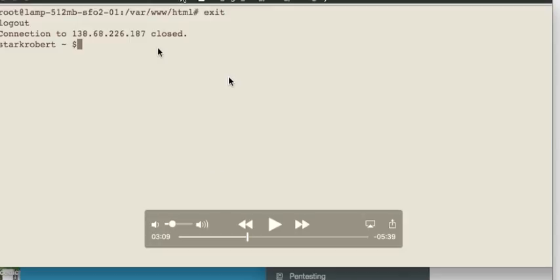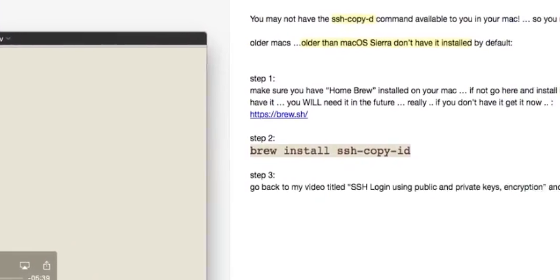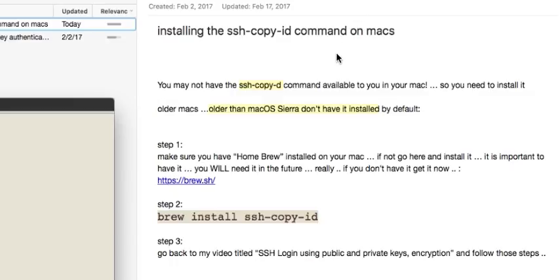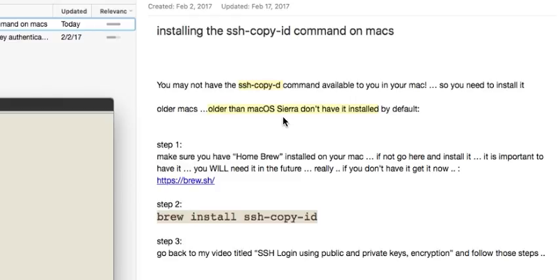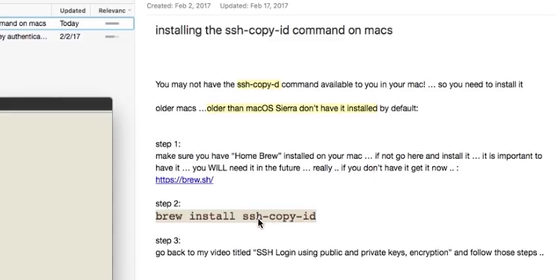Let's see here. All right. So here's the thing. There is a command in my video regarding SSH login with public and private keys. If you're on a Mac, especially a Mac older than macOS Sierra, you might not have this installed. You probably won't. And you won't have a particular command installed. And that command is this,